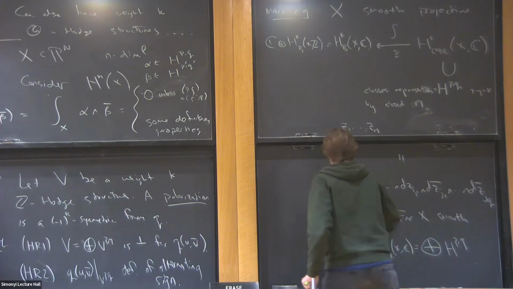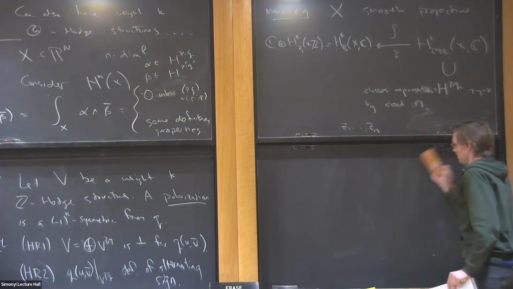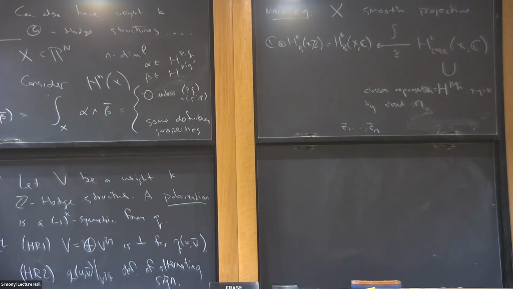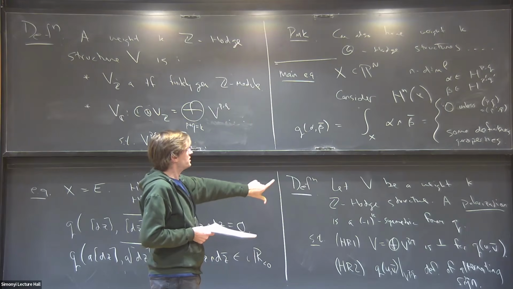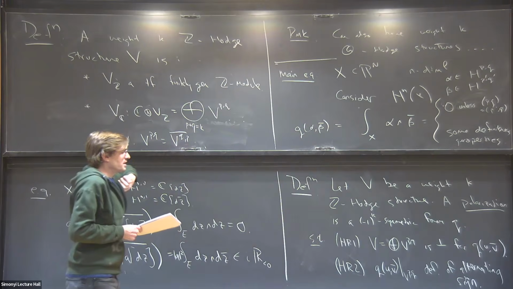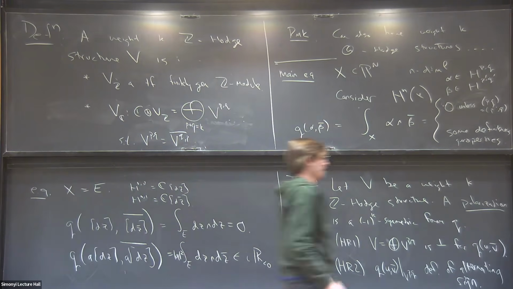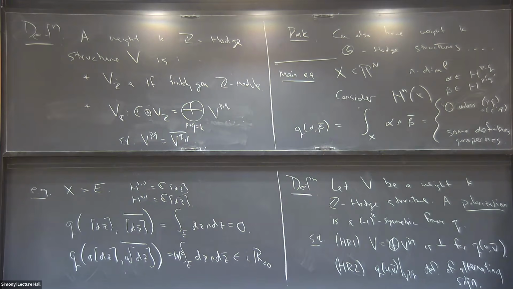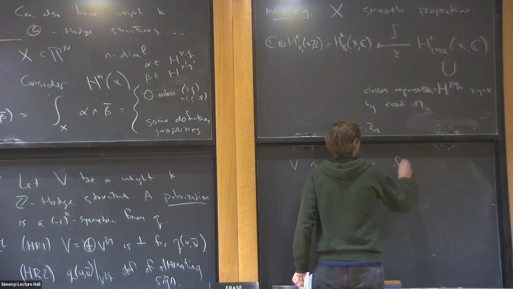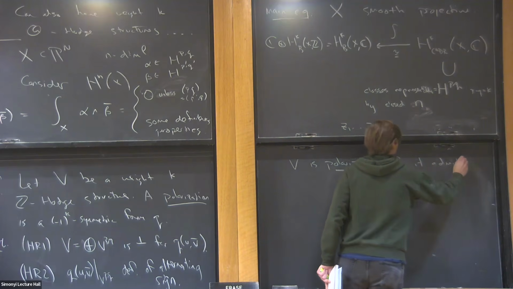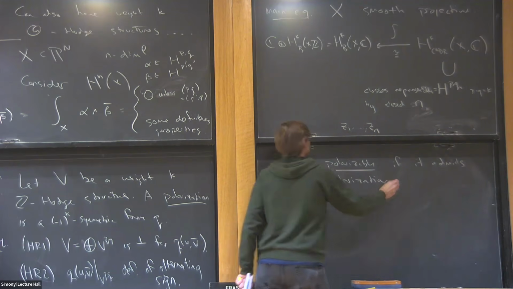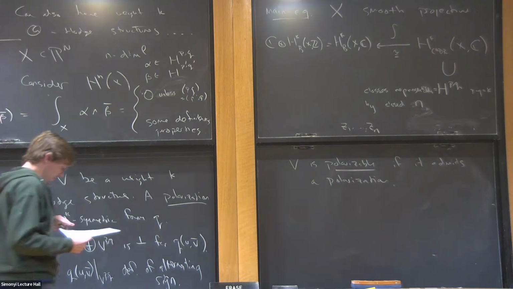Actually, leave that off. Perhaps not surprisingly, the definition is cooked up so that every cohomology group of a smooth projective variety has a polarization. So let me actually make a further definition. V is polarizable if it admits a polarization. Okay, that's not so surprising. And then the theorem